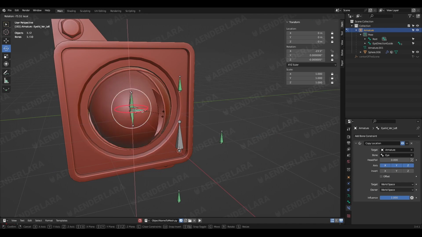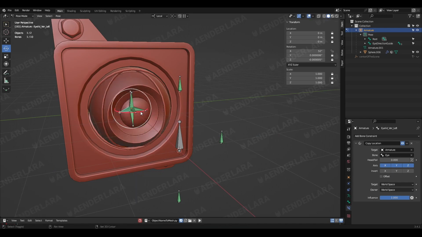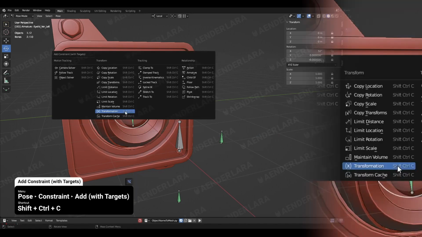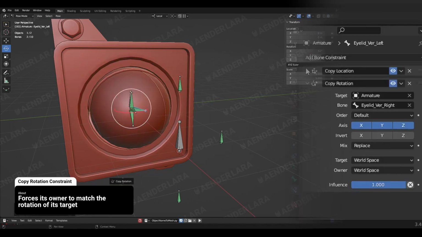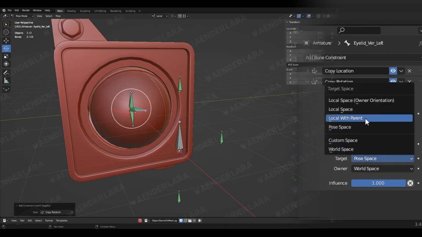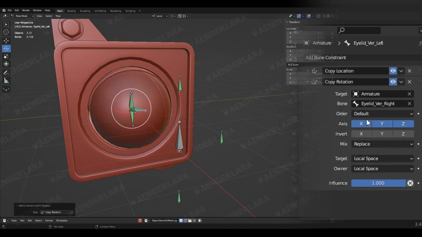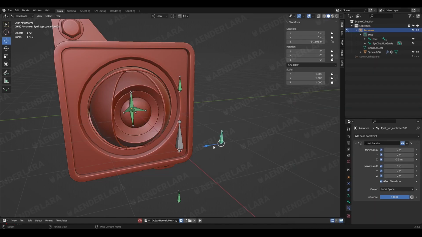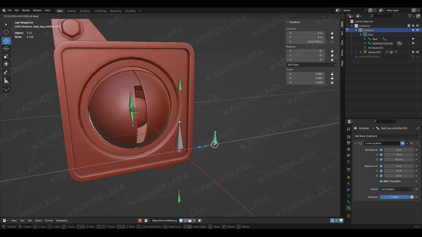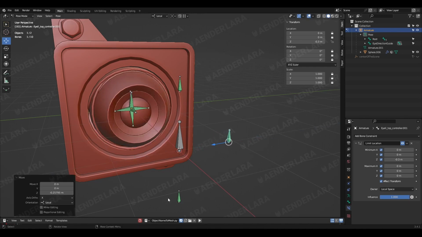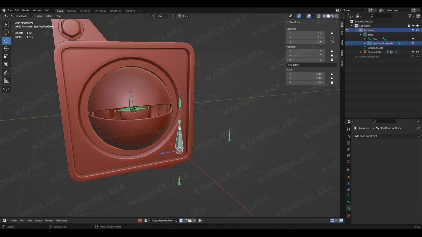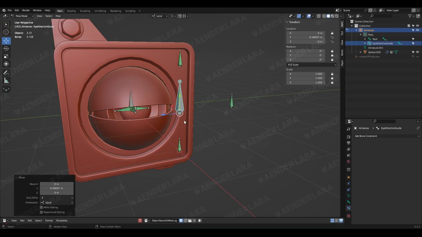To make this bone copy the rotation as I mentioned, we need to select the target, select the owner, open the constraint menu and select copy rotation constraint. Set the space to local, and for this it's just going to be the x-axis inverted. And those are all the bones and controllers I would like to add to this smart rigging model. Now let's try some things to check if everything is working correctly.